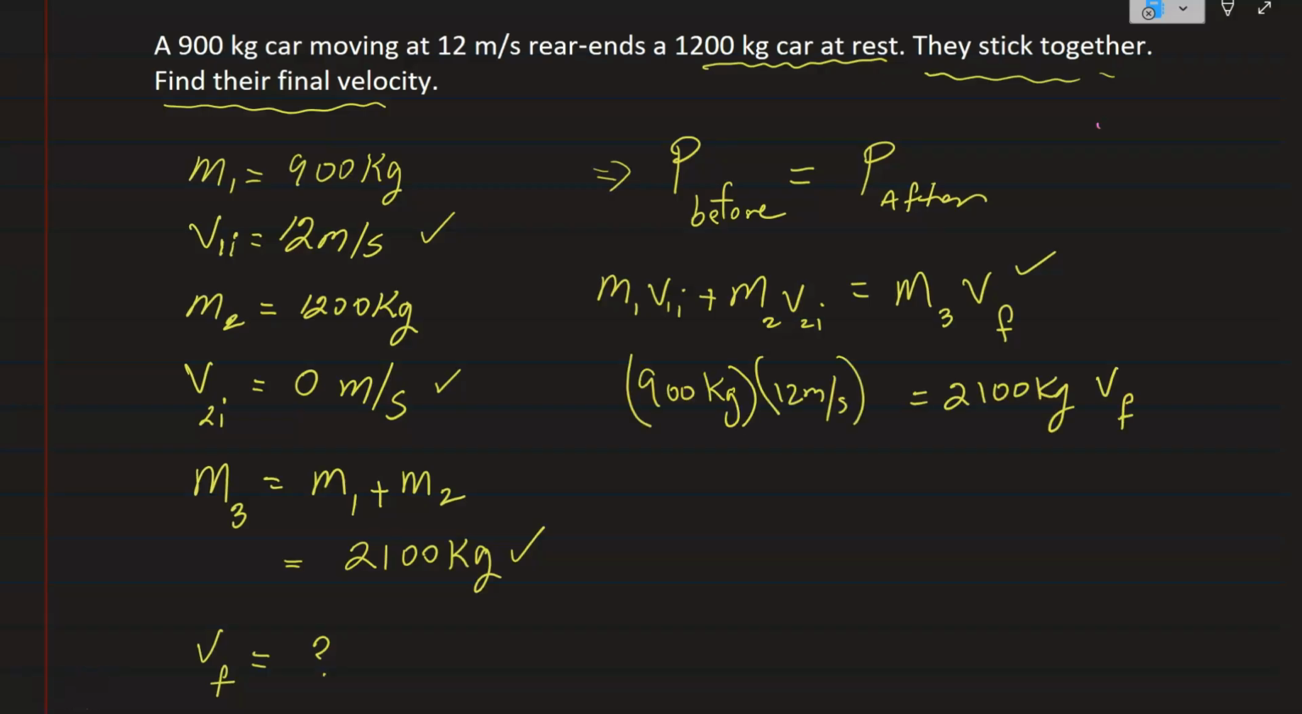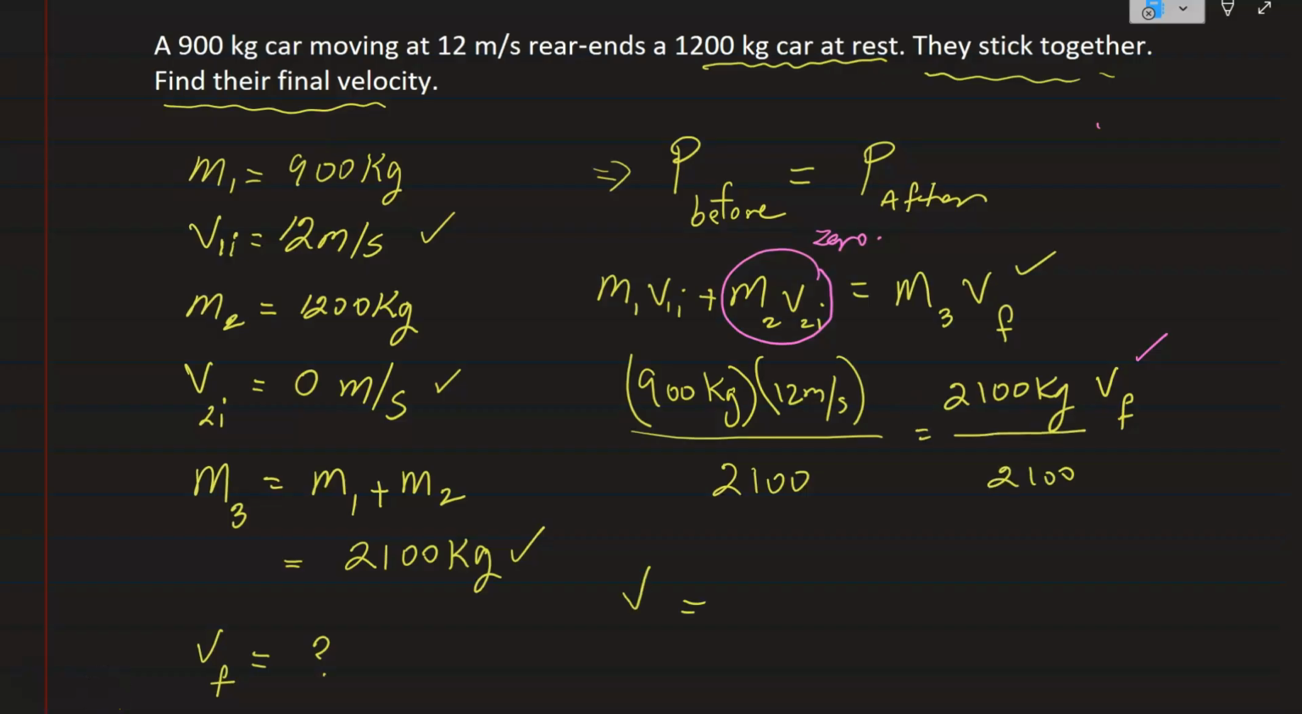Okay, here it is. Now you can see that I just have one term in here. Well, the reason is that the v2i is 0 because the velocity is 0, so I don't have to add 0 to the first term. So here it is. That's the equation that we have. We are solving for v final. Divide both sides by 2100, and you have v final is equal to